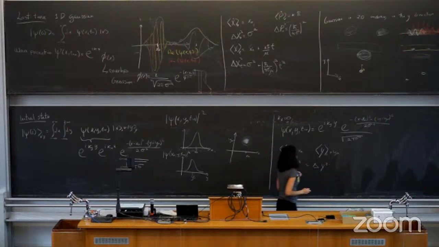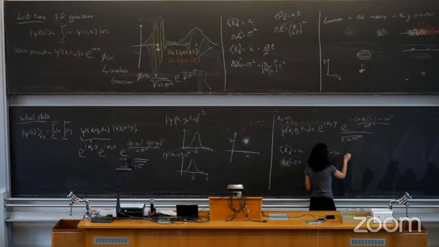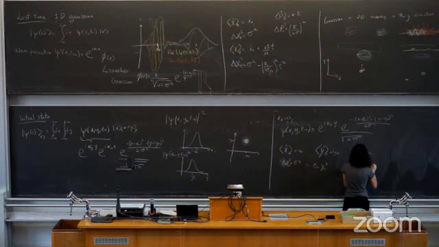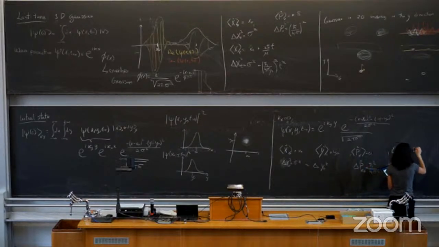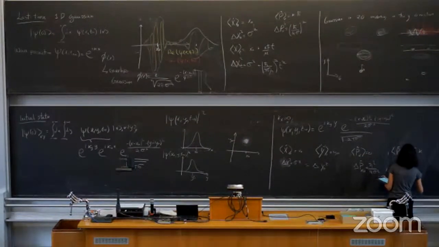This is the same because I said it was the same sigma. p in the x direction is 0, but remember that it has some variance. p x at time 0. What was it? And y. Okay, and now the py is